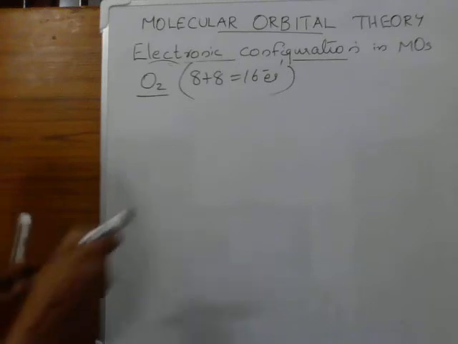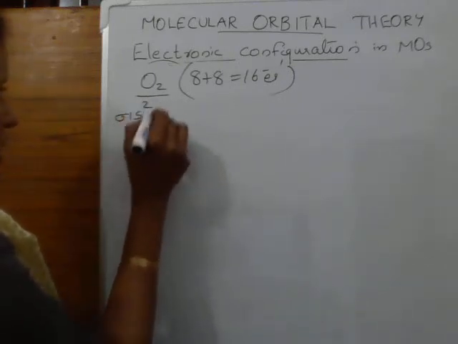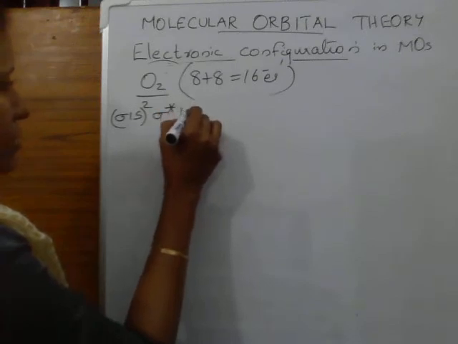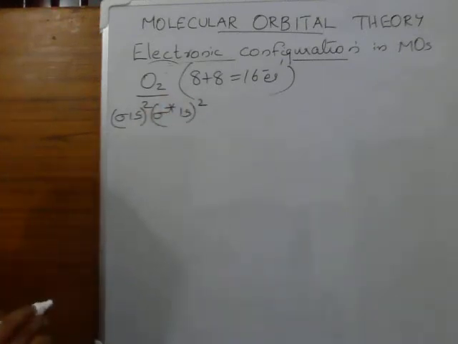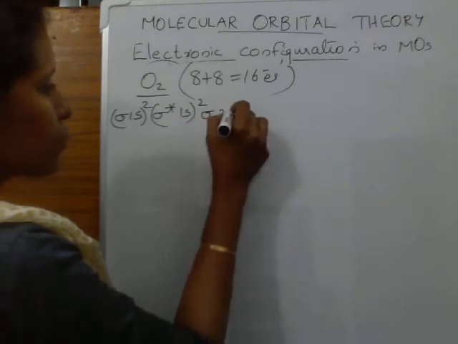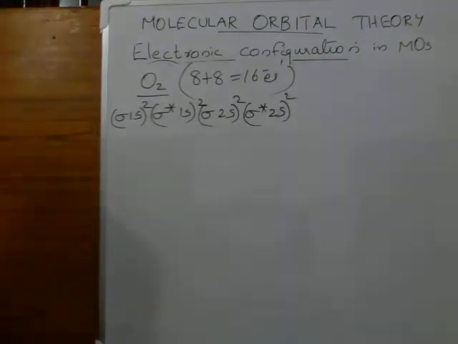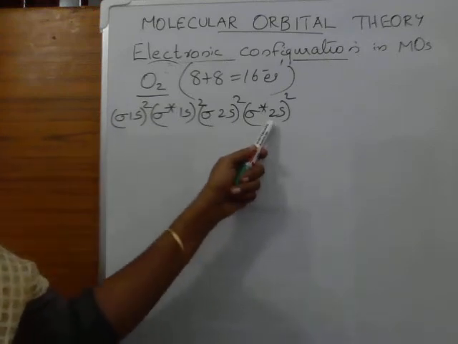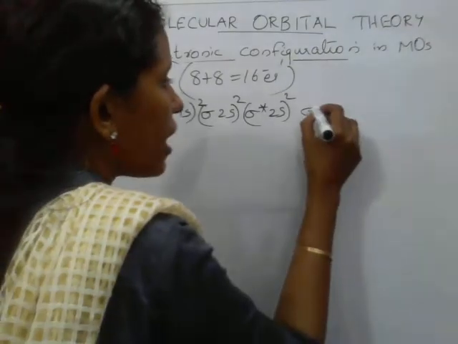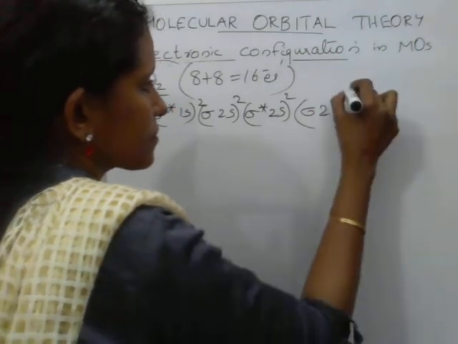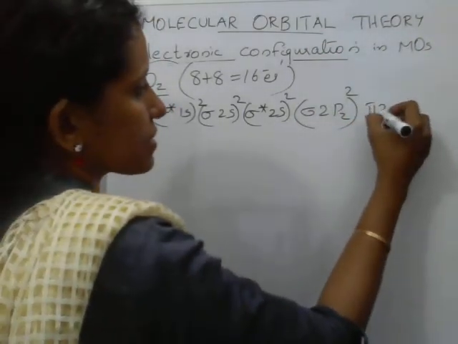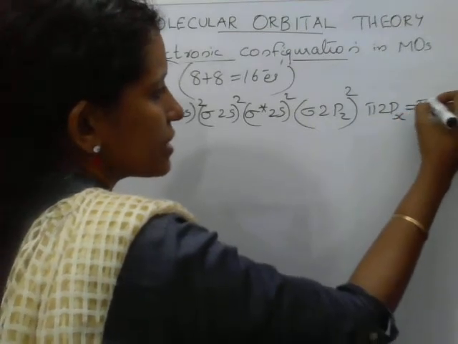for molecular orbitals. So first sigma 1s with 2 electrons, then sigma star 1s with 2 electrons. Up to here it is KK configuration. Then we have sigma 2s with 2 electrons, sigma star 2s with 2 electrons. Up to here we have no confusion. After sigma star 2s, this is O2 molecule with more than 14 electrons, the energy order is different. So after sigma star 2s, the next higher energy orbital is sigma 2pz. Then only pi 2px, which has the same energy as pi 2py.